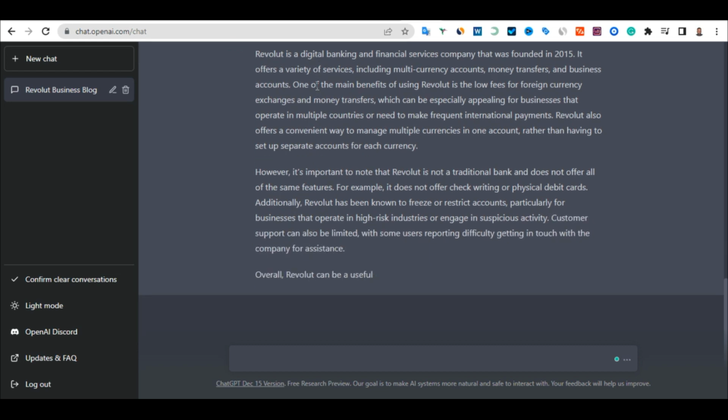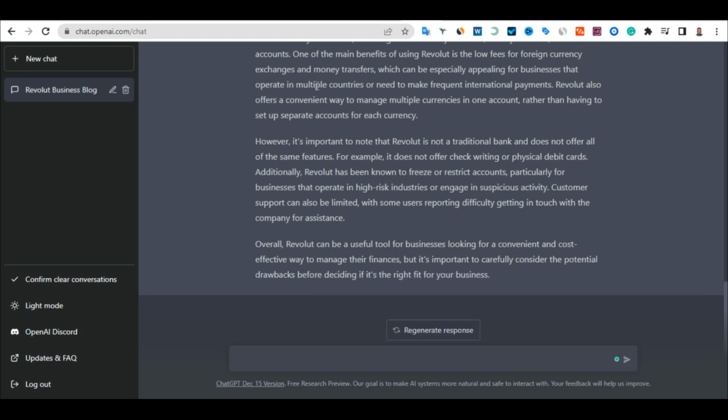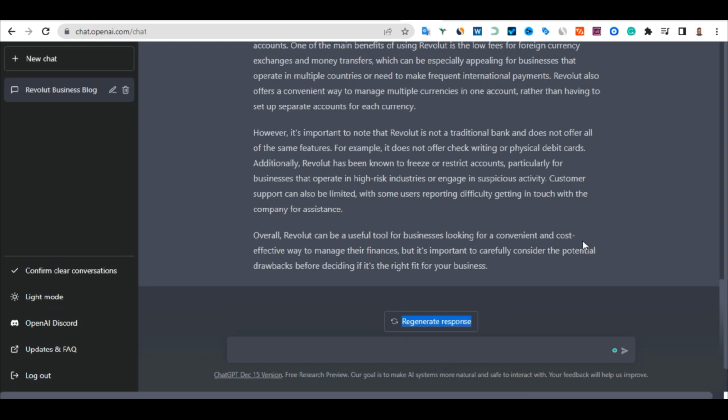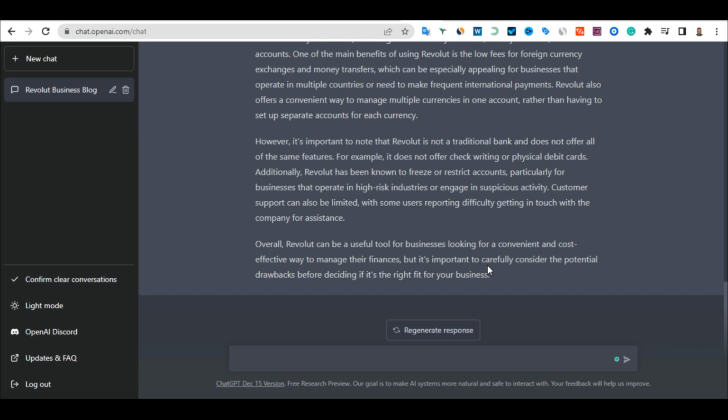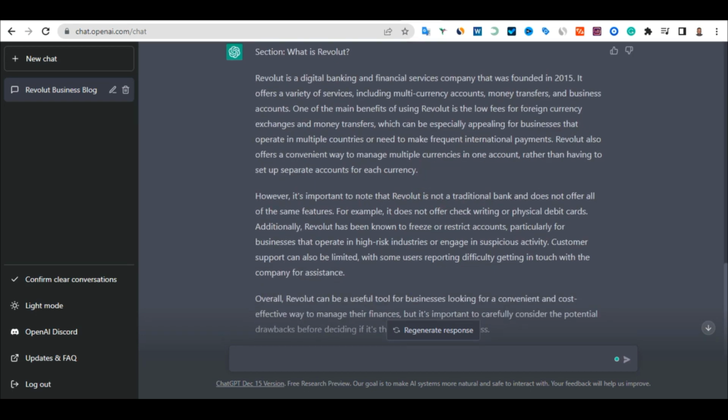You see how the AI tool is putting everything in order. So all we need to do is copy what we have done and paste it on our Google Docs. Once we are done with everything, we can send it to our client. So if we come here like this, we have done everything. Remember, this is not just the article yet. This is just a brief of what you have done. If we scroll up here, you can see that the AI has done all the job for us.